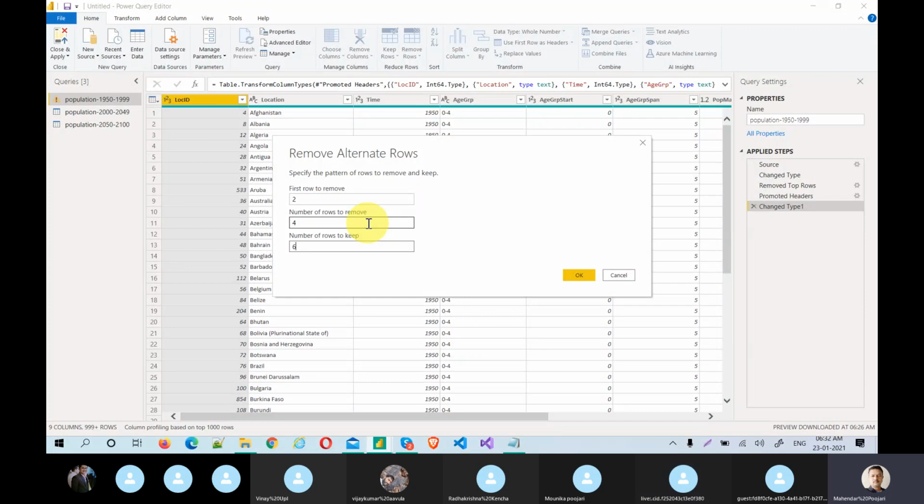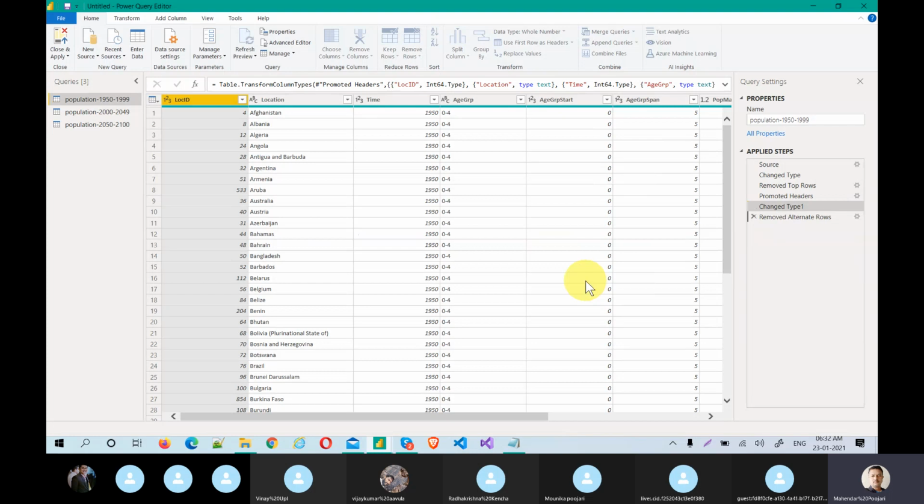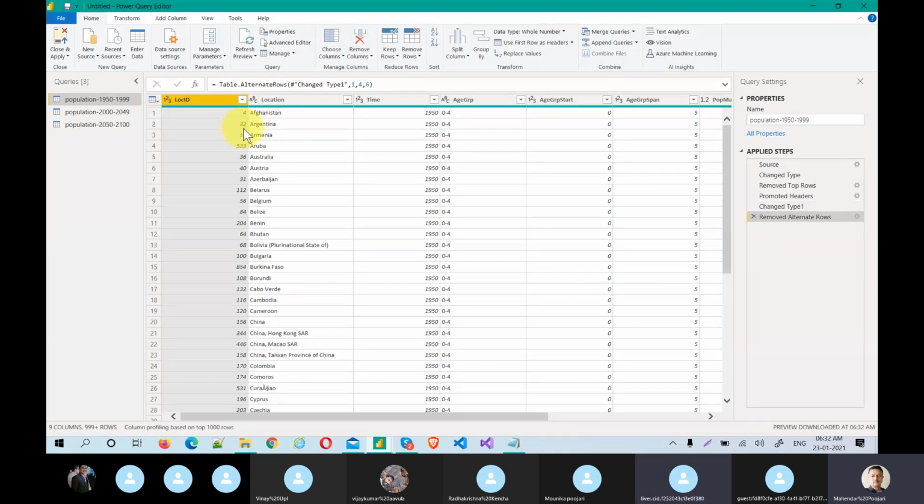The same scenario also applies in software. In Power BI also we need to use the right tool at the right time for the right purpose. That's why Microsoft came up with so many options. Options are nothing but spanners for real-time issues. Just apply and see what will happen. See, fourth was there, but now 32 is there, 52, but the records were changed. It will apply, but I could not recreate the exact scenario. But if you have that kind of data and you apply that option, it will work for you perfectly.